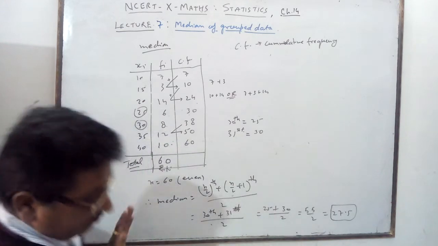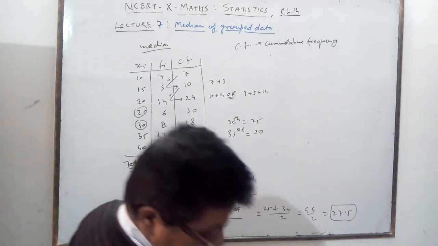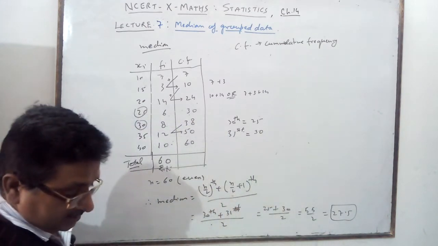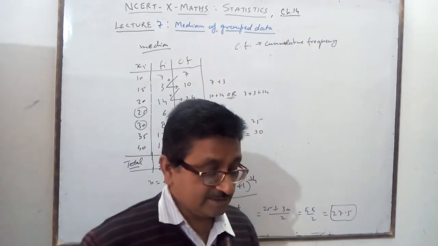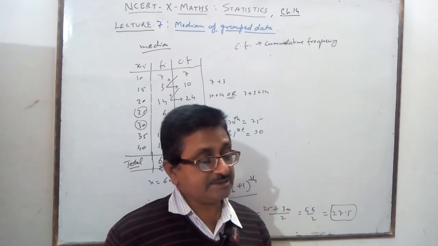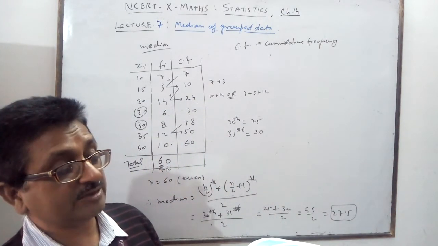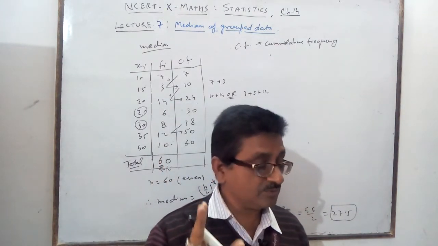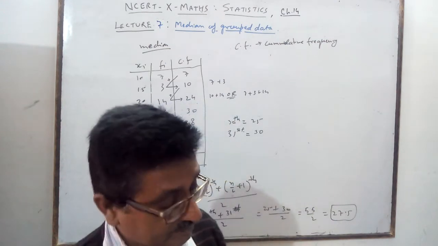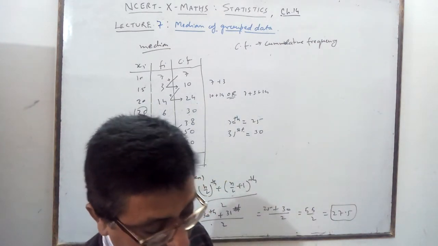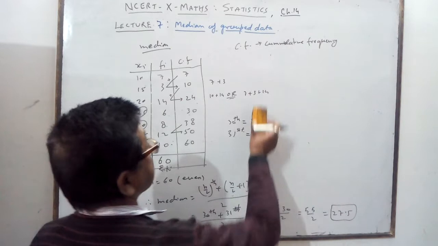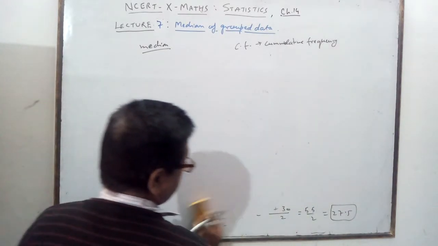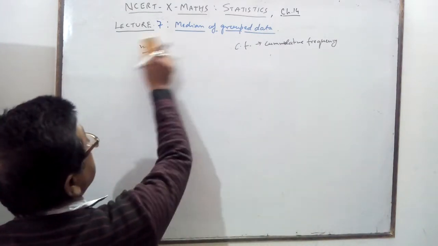All the numbers below this you are getting, and if the class interval is given, then also you can find it by a very simple and easy method of cumulative frequency. How will you make the cumulative frequency distribution table? There are two types of cumulative frequency distribution table for the class interval.